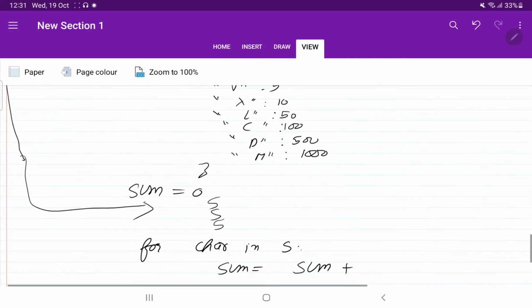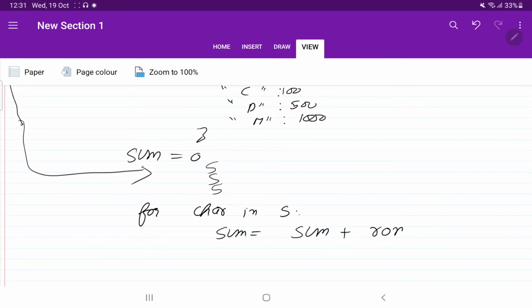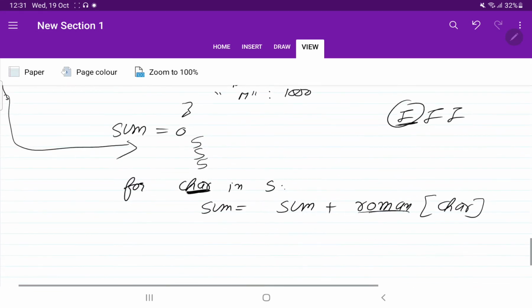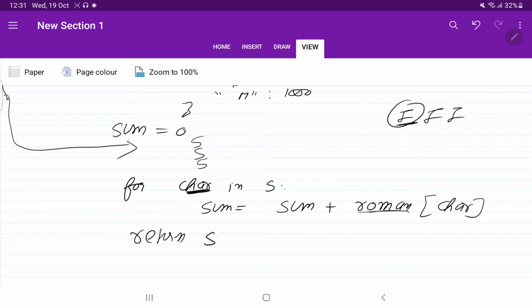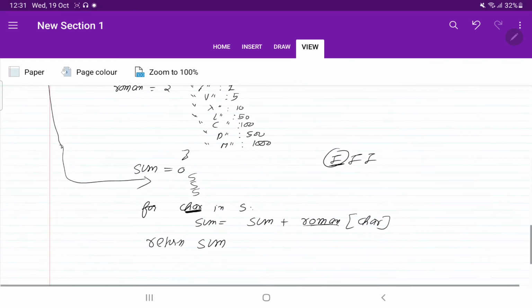Our dictionary name was Roman, and we pass that character. It takes one letter at a time. First, suppose we take I, it will search for I in the Roman dictionary and we get the value 1. We add that into sum, and once the for loop completes, we return sum. So this is the code.